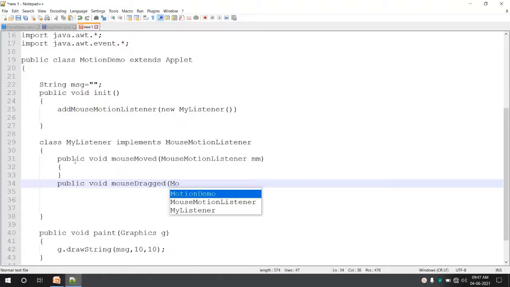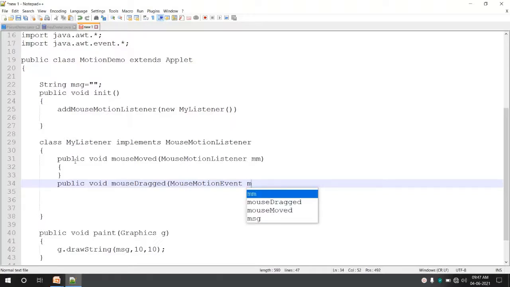Even this takes a MouseMotionEvent as an argument. I'll say M2 here.